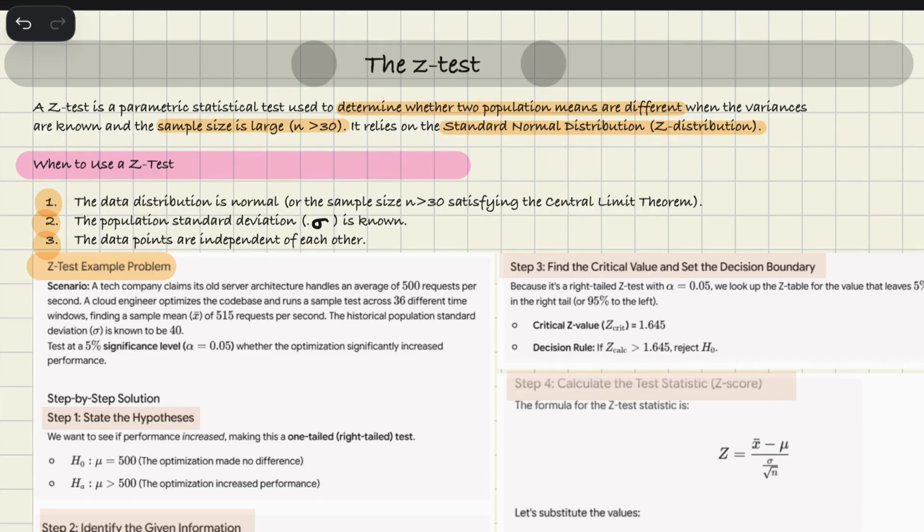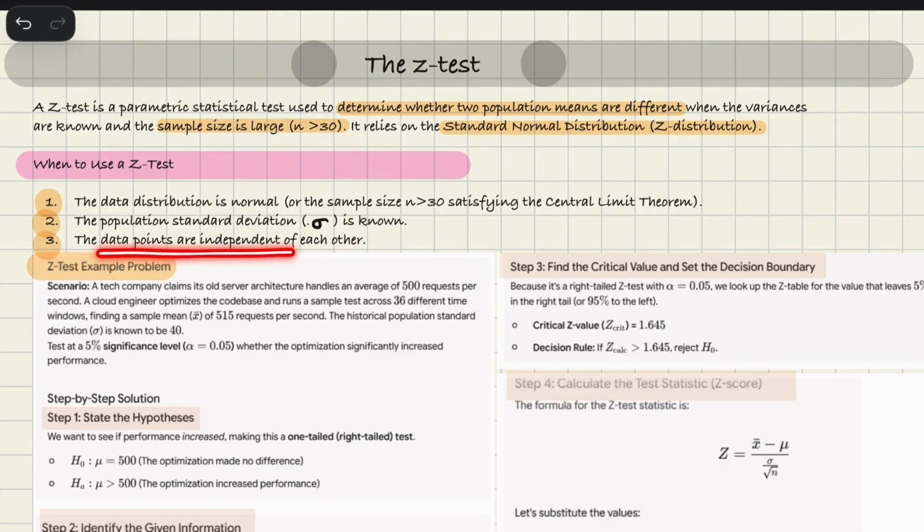Okay, and next is the population deviation should be known. This is the ultimate absolute deal breaker. So look closely at the text of the question. Does it give you a population standard deviation? If it says that population deviation is, for example, 5, that means you can perform a z-test. If it only gives you sample standard deviation, you cannot use the standard z-test unless the sample size is massive. If it only provides you a point, then z-test cannot